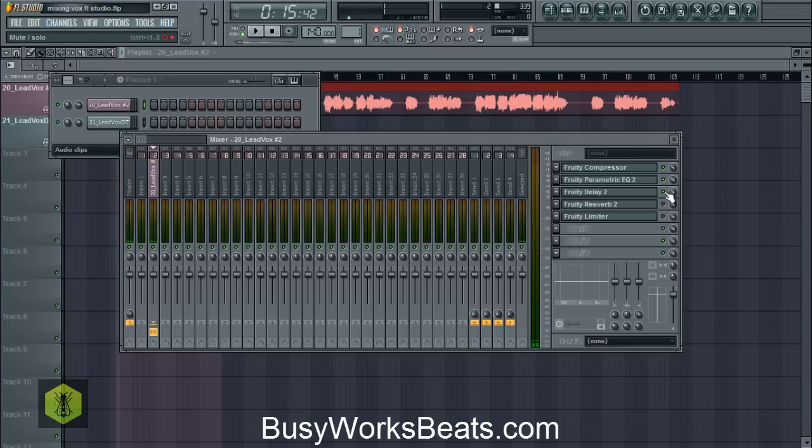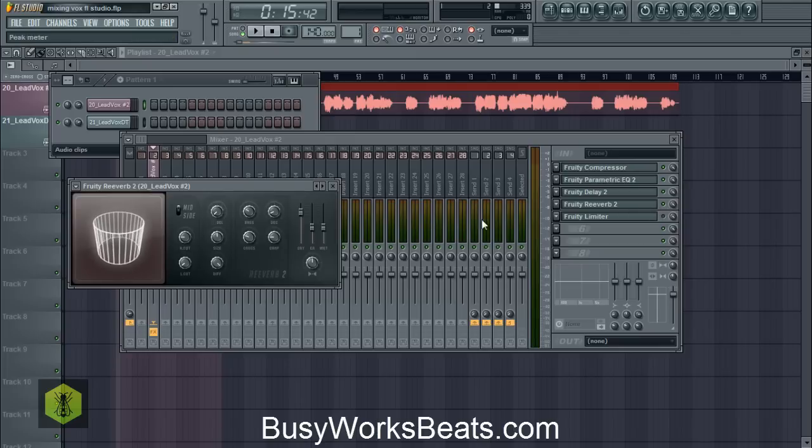Now it sounds like we're getting into more romantic songs and more pop songs. Now to add the space, we're going to add what's called a reverb. So we're going to add Fruity Reverb 2. We're going to right click and choose a preset called the venue. This will give us a big room effect, and we can adjust certain knobs to get it to work correctly.